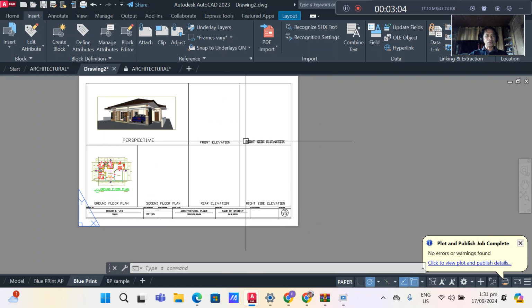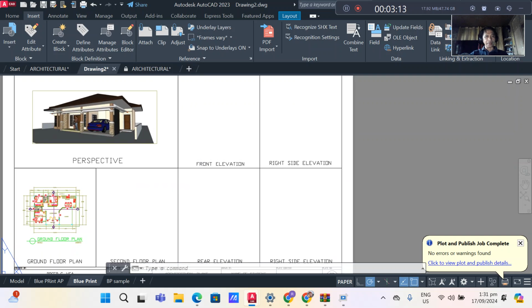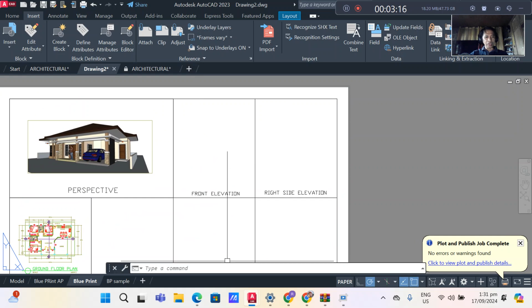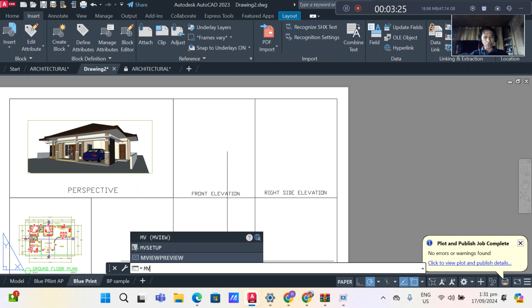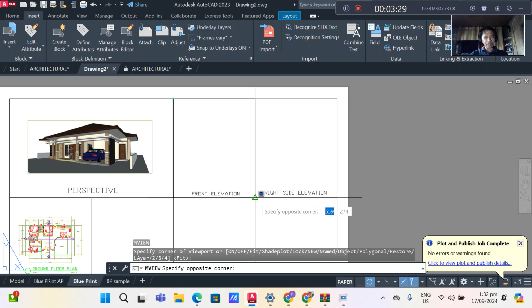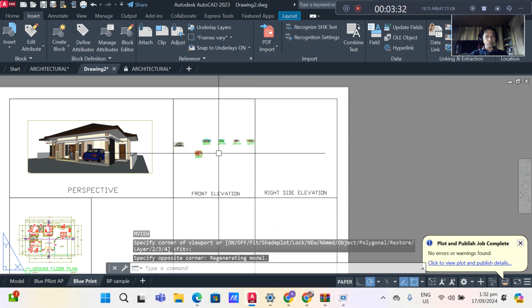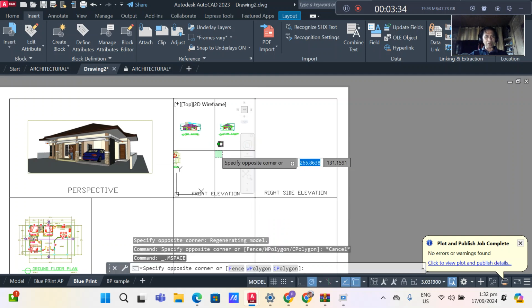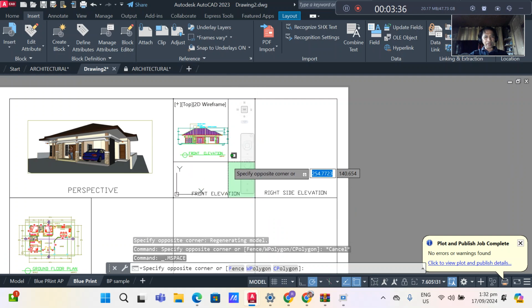And now for the 4 elevations, we will do the same as we did for the perspective and ground plan. So here you type again MView on the command line window, then the corner, you specify the corner, then double click again inside, then look for the front elevation.